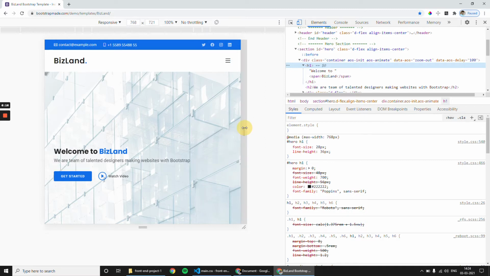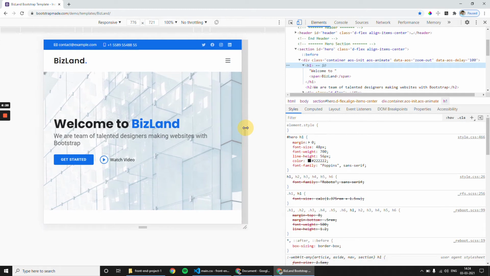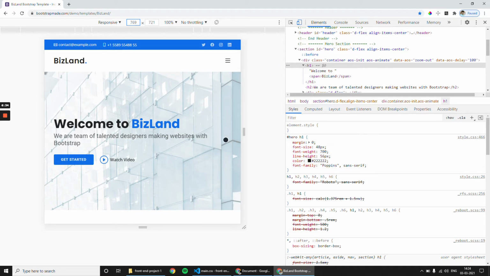and if we increase further, there is a small mistake in this website. I don't want to explain this now, you will get confused. So instead of 768 you keep 769, because you should not use max width concept. In this project they have used max width concept, that's why there is a small mistake.